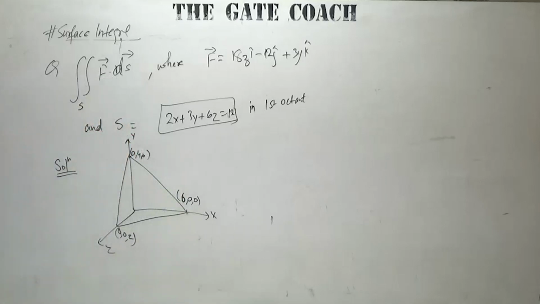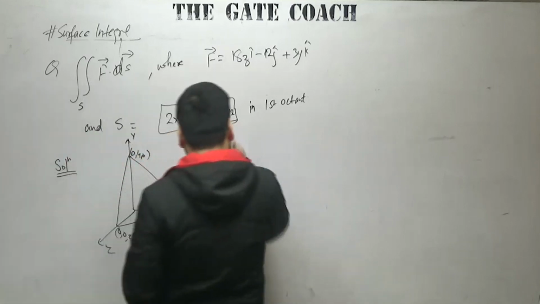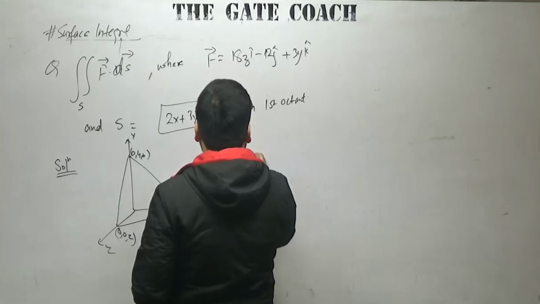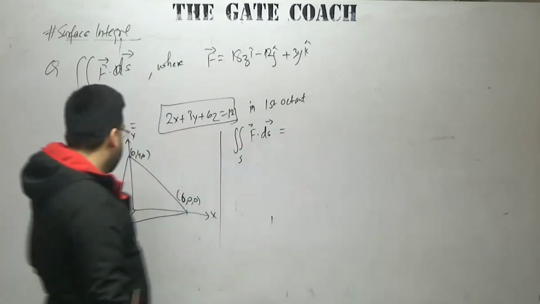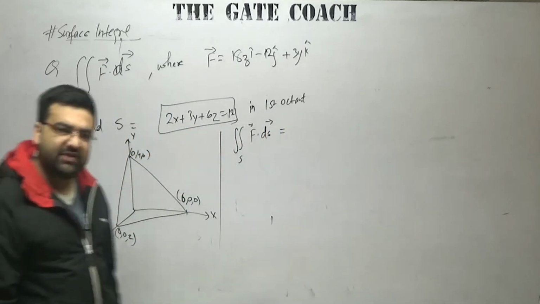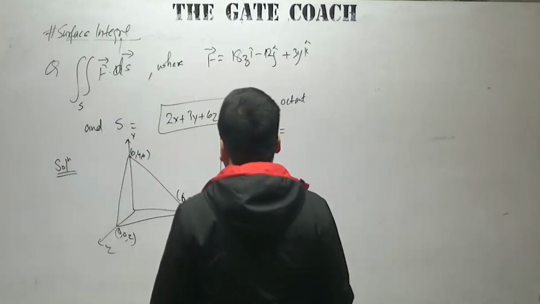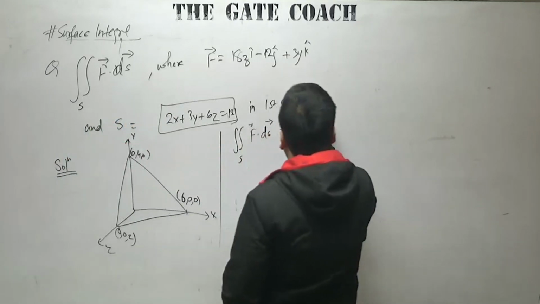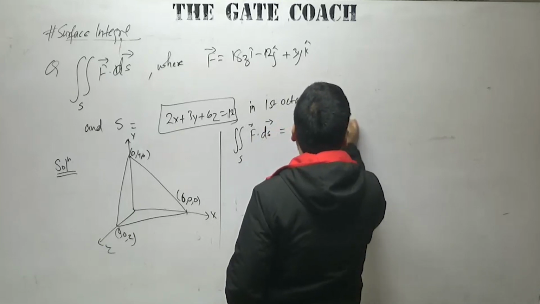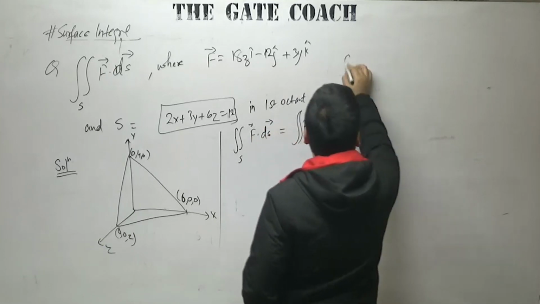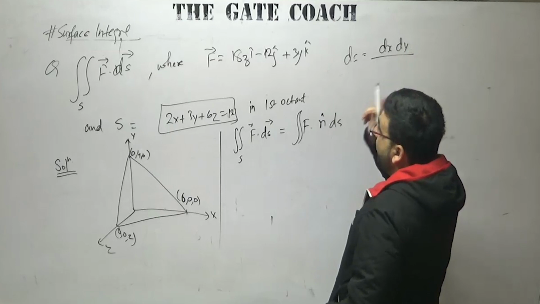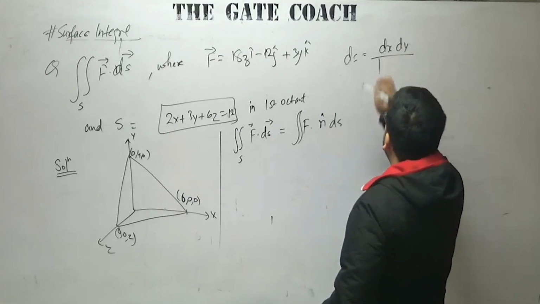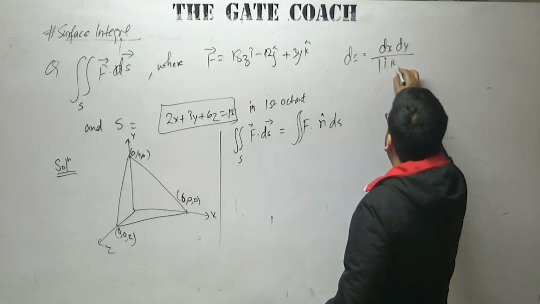So how do we proceed in these types of questions? Applying the basic concept of double integral of S f dot ds vector. It will be equal to what? Let me take everything on the xy plane, z will be equal to 0 on the xy plane. So it will be equal to double integral f dot n cap ds. Now what will be this ds? ds will be equal to dx dy.